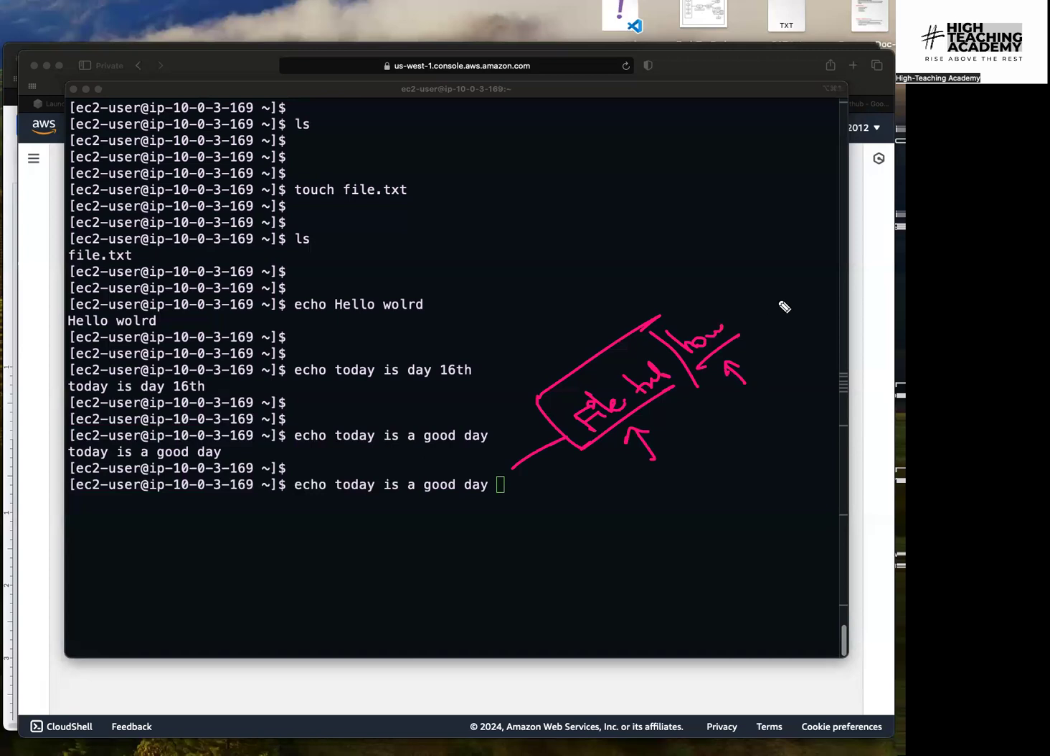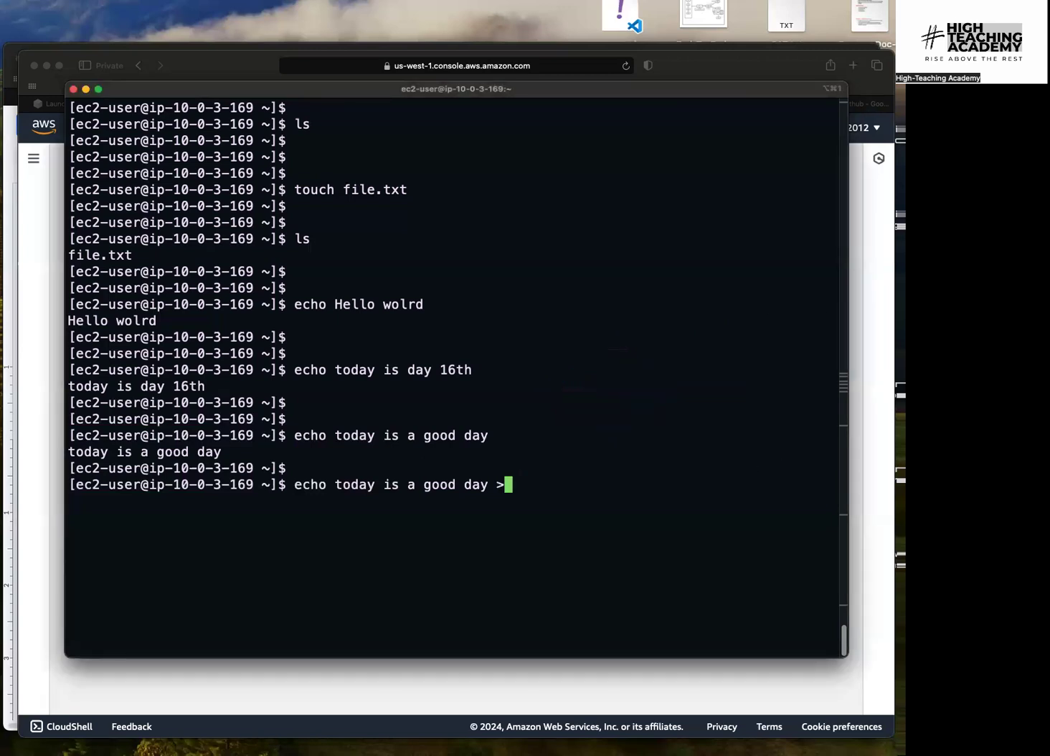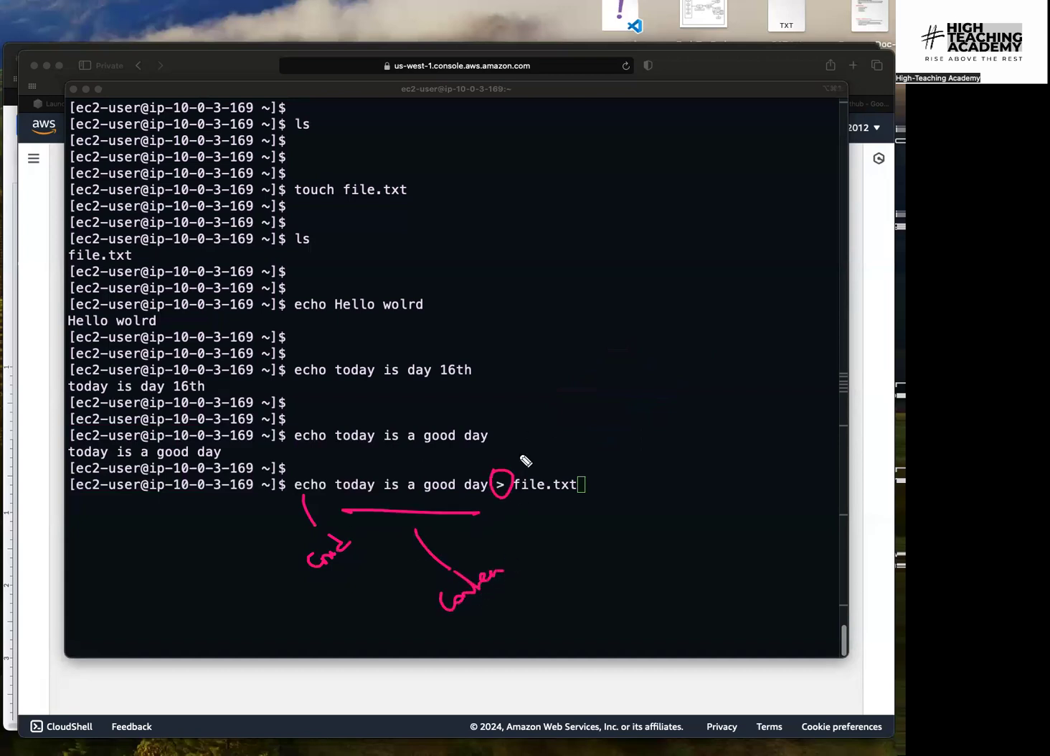Well, this is where we are going to use the option called standard output, a greater than arrow, and I'll give the name of the file. I'll say file.txt. Okay. So echo is the command. Today is a good day. This is the content. Greater than arrow. This is called standard output. And where do I want to store the output? I want to store the output in file.txt. This is my destination. So now if I hit enter,